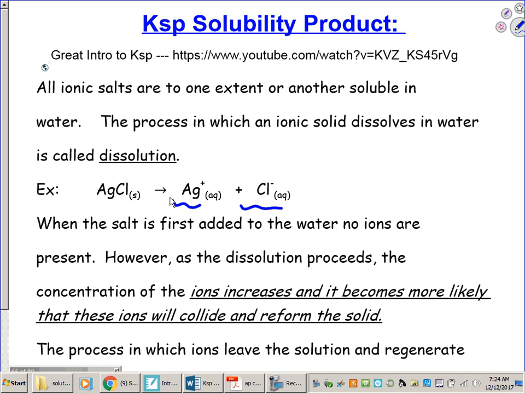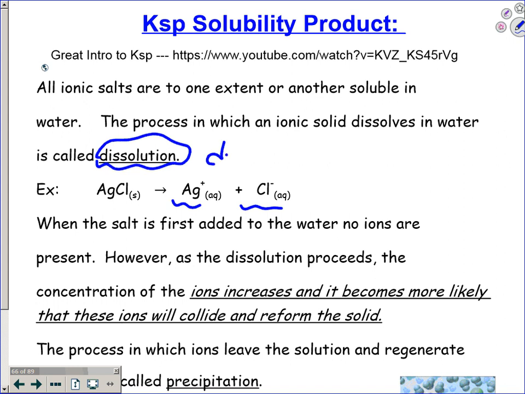Say again? Aqueous only, right? Solids don't matter. So we have a very particular look to a Ksp expression. It looks very different than everything else we've dealt with. So the word dissolution or dissociation